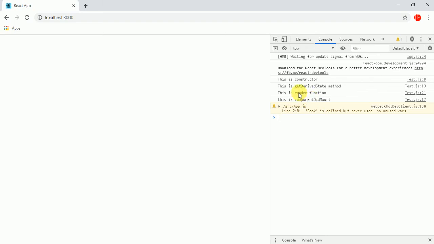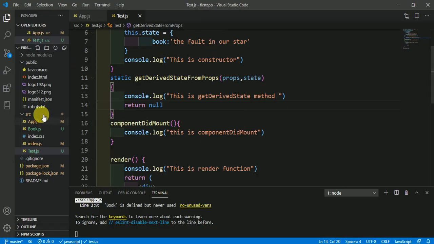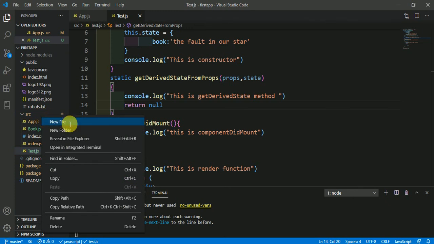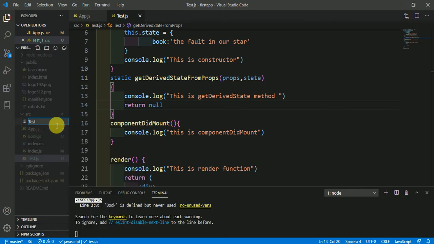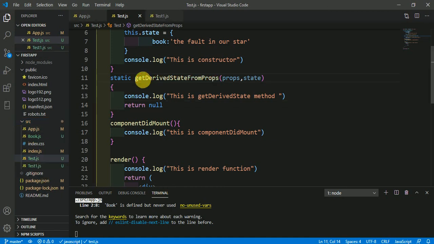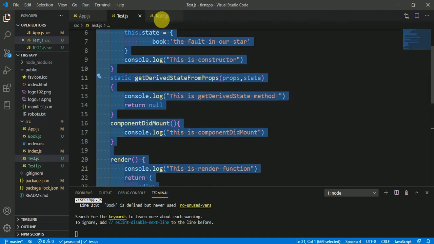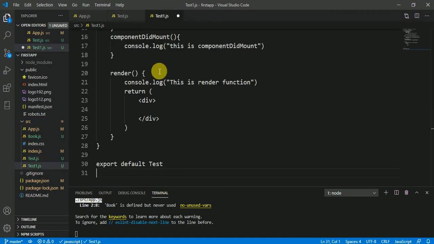Means when you render any other component in this render function, then also after executing that component, the componentDidMount of this component will execute. Suppose here I make another file named Test1.js, copy the whole thing from Test.js and paste it here in Test1.js.